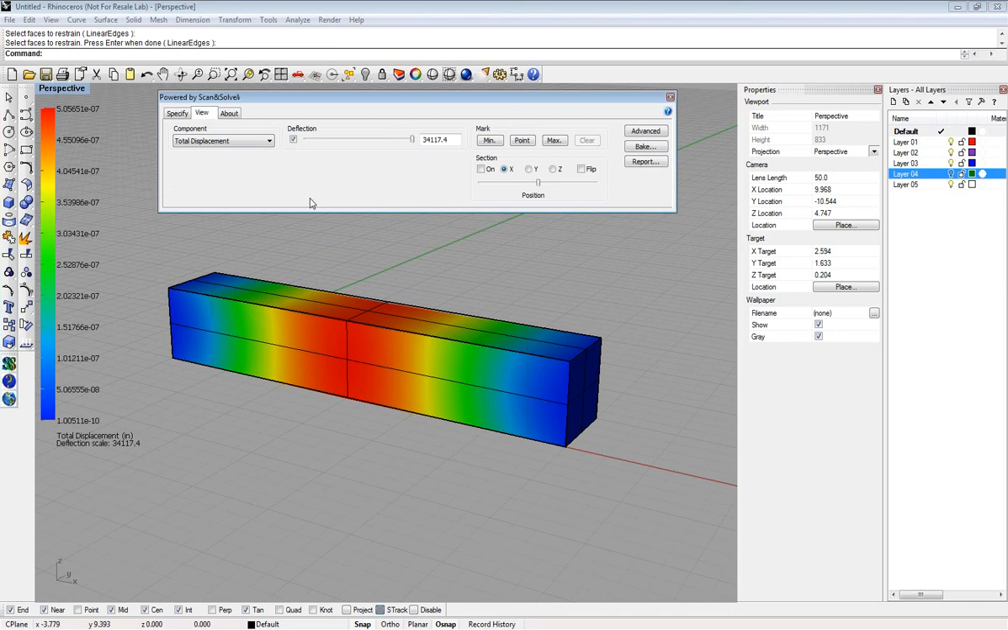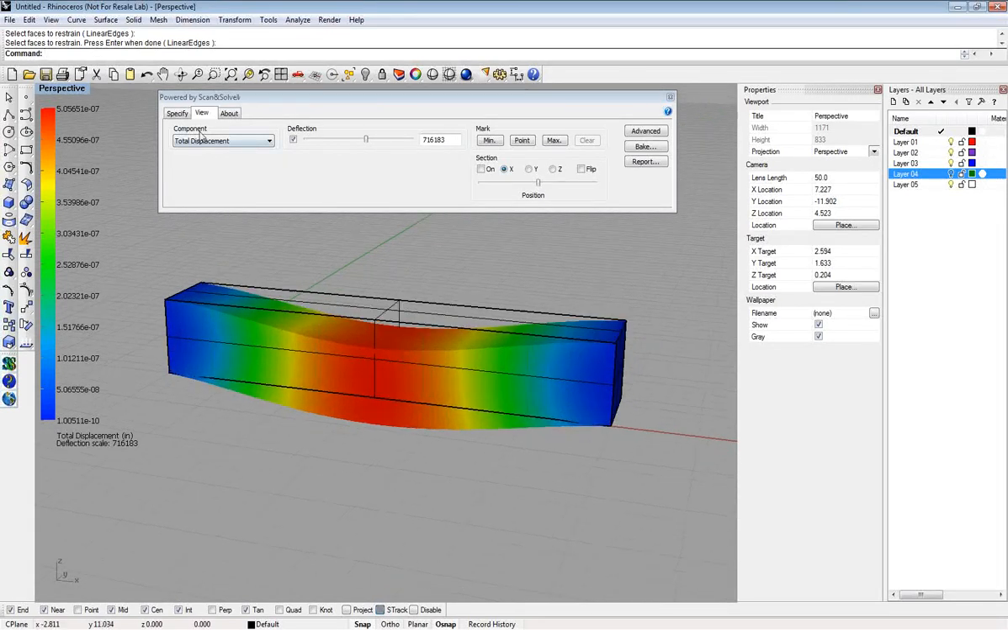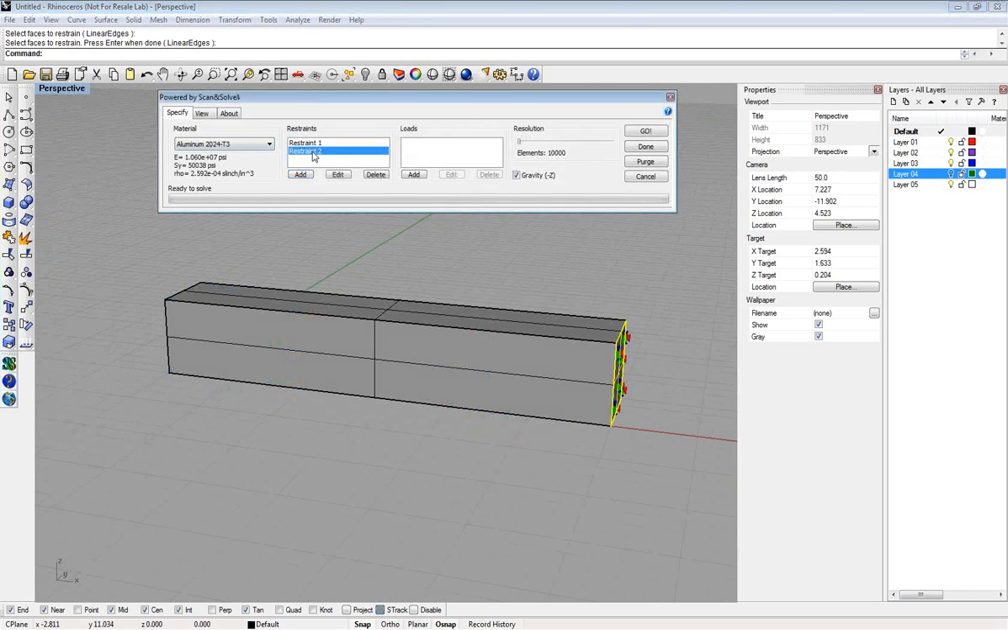And again, this is showing the total displacement. So if I slide the deformation slider, the deflection slider, you can see how this shape deforms under its own weight. It's very easy to modify the